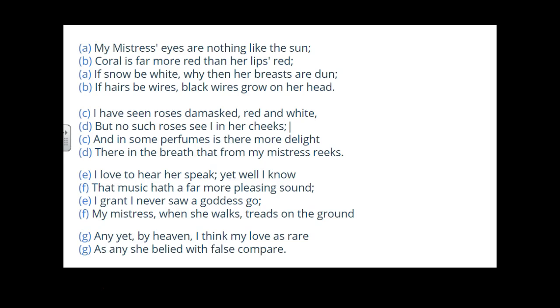Okay, this is a Shakespeare poem. And what it's doing is it's basically making fun of the love sonnet form, right? He's comparing everything to things that you don't find as cute or nice. Like, he's saying, oh, there's perfume, but my lady. When he's saying mistress, he means a love, okay? Words have changed. Like, her breath is stanky, right? He's making fun of all these points, okay? So, let's try to figure out the rhyme scheme.